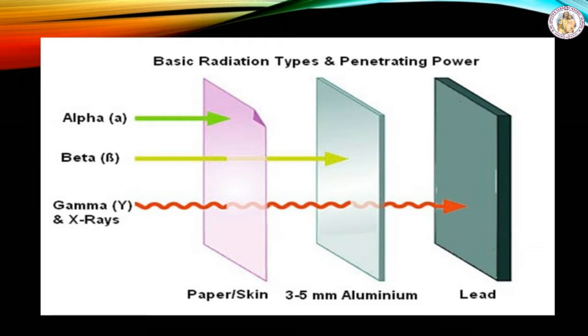In this figure we can see alpha rays, beta rays, gamma rays. Which has more penetrating power? Only gamma rays and beta rays. Alpha has very little penetrating power. By using paper we can stop the alpha rays. By using aluminum-like materials we can stop the beta rays. By using a lead container, lead materials, we can stop the gamma rays. Which has more penetrating power? Gamma rays.